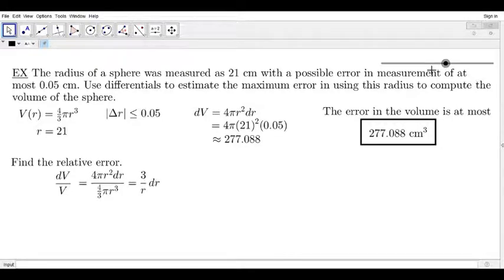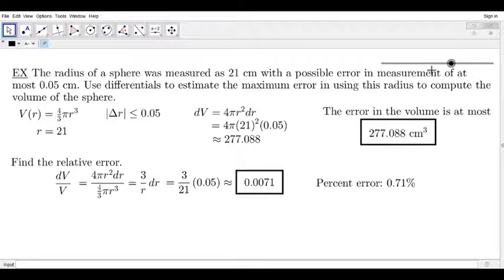Or alternatively, you could use the algebraic expressions 4 pi r squared dr for the numerator dV divided by the volume 4/3 pi r cubed. Simplifying this results in 3 over r dr, and replace r by 21 and dr by 0.05, and that would give us